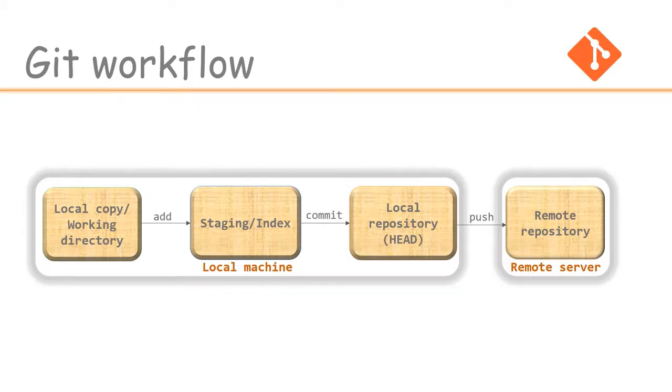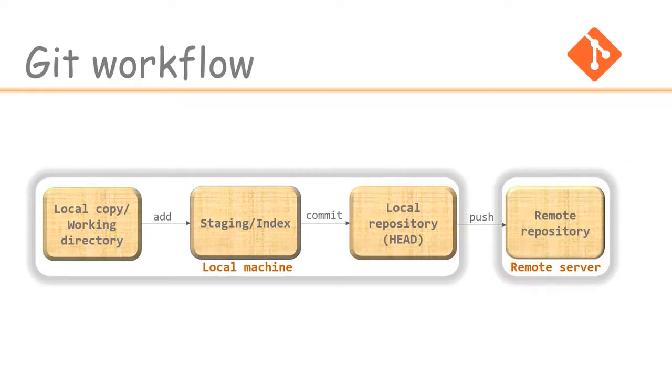The changes will not get directly committed into the remote repository. There is something called the staging area and the local repository. You first need to add your files to the staging area, and then once you perform the commit on these changes, they will get propagated to the local repository. And when you push these changes, only then will the changes be reflected in the remote repository and can be viewed by other contributors of the project.